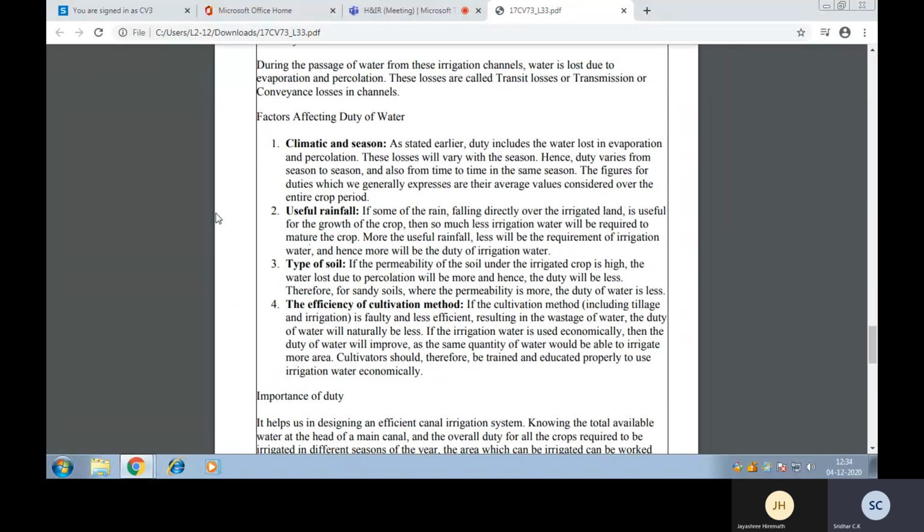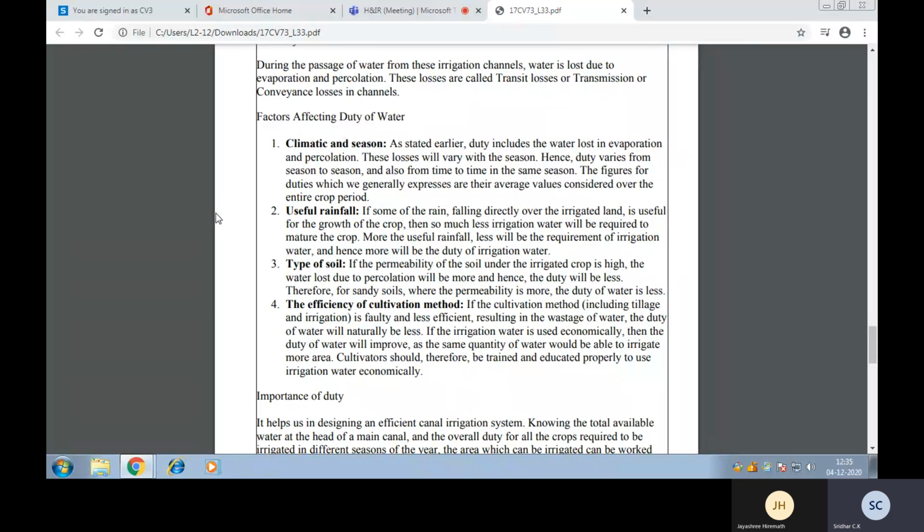So in that we have a lot of losses of water in the form of evaporation and percolation. Let us say that during the summer season, the water evaporates very, very quickly, because the temperature in India particularly varies from 35 degrees Celsius to 45 degrees Celsius on an average from one corner to another corner of the country. So the evaporation process happens to be very fast during summer, but that is not the case in the other seasons, like the rainy season or winter season.